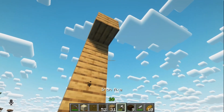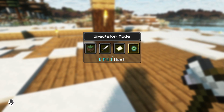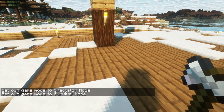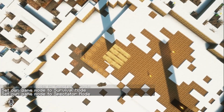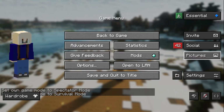So that is going to be interesting. And actually, you know what I could do? I could do F3, F4 is what it was. So I could do spectator mode, survival mode. Oop. So then I can actually fly up, and I can get up here. Boom. And now I'm up here. Slay. Okay, and let me...